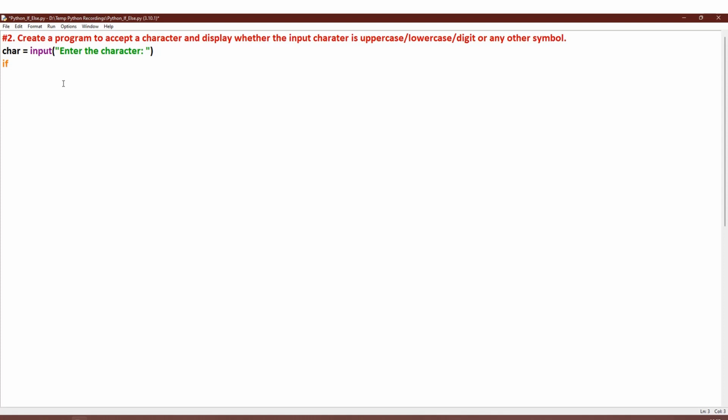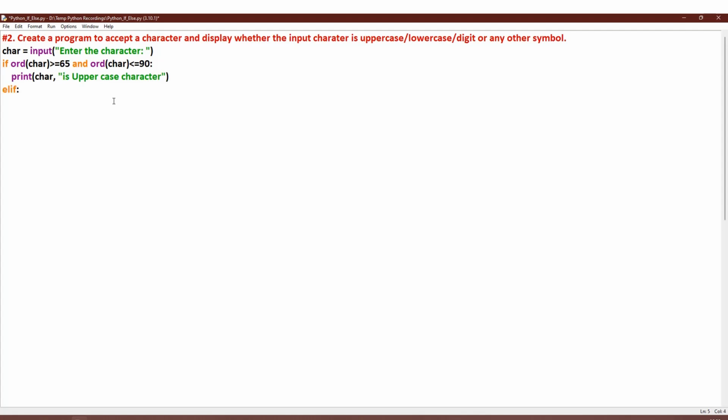To take the Unicode value of the character and check, we use the ord function, ord of character, right? Let us check uppercase first: ord of char greater than or equal to 65 and ord of char lesser than or equal to 90. Then we shall print char is uppercase character. Next we can give elif.